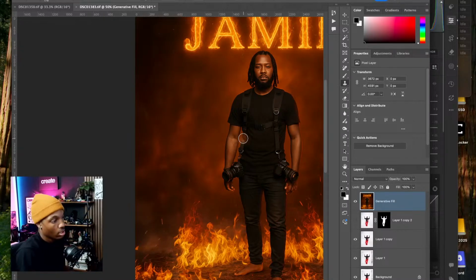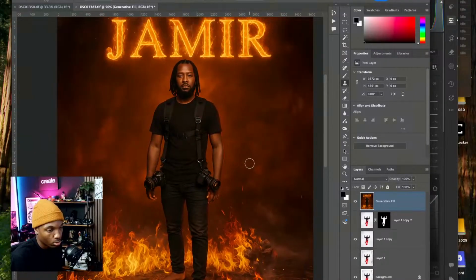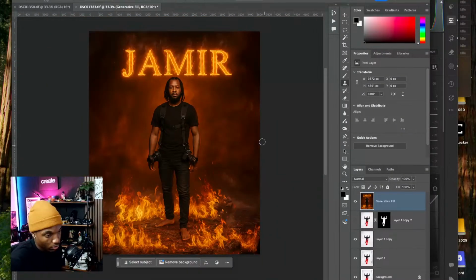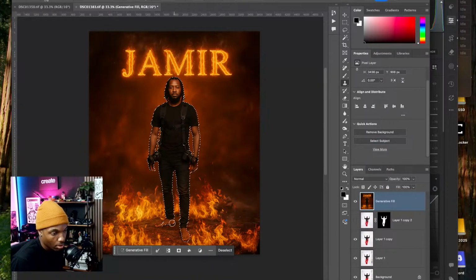Alright, there we go. Now that that's pretty much blended as good as it can be, we can still blend it a lot later. We're going to go ahead and remove this guy off of the middle. We're going to select subject. So we can literally go right here, select subject, and it'll select as close to the subject as possible. And we can go ahead and refine that selection if we want,